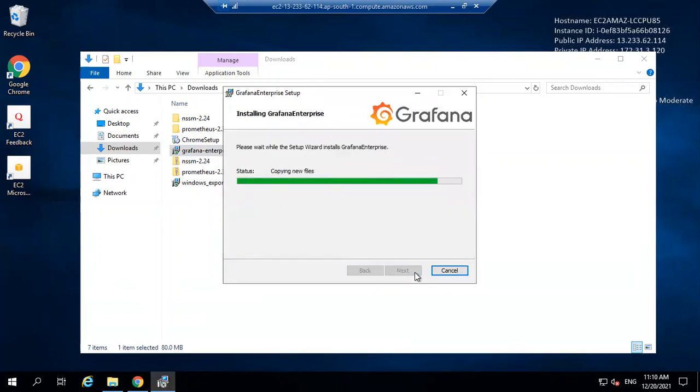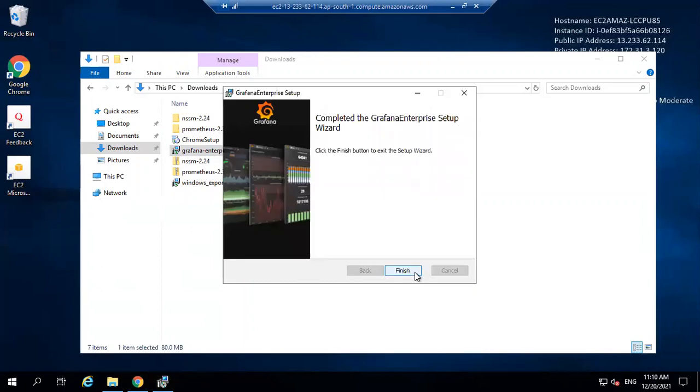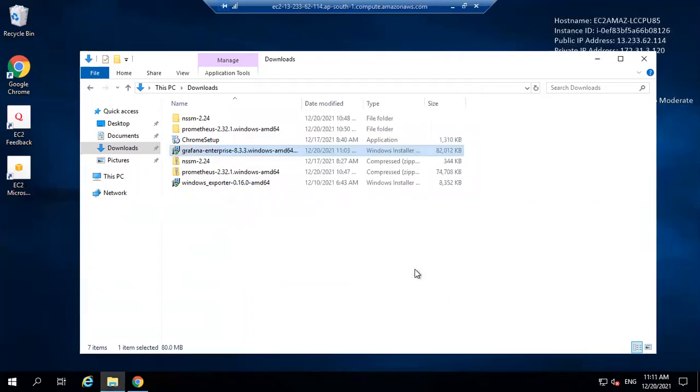So it's installing. Yeah, it's complete. So click on finish. That means our Grafana is successfully installed.